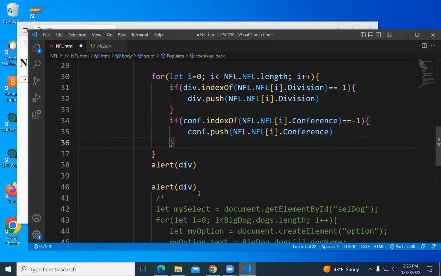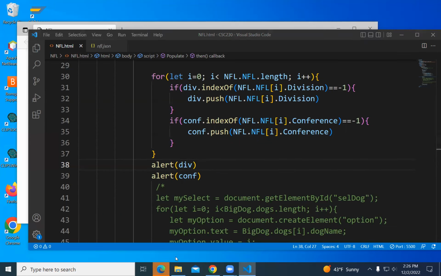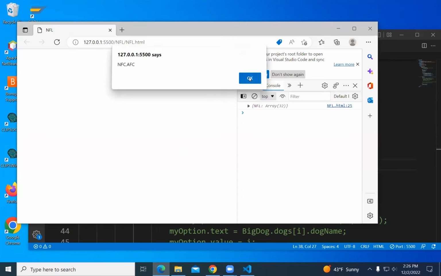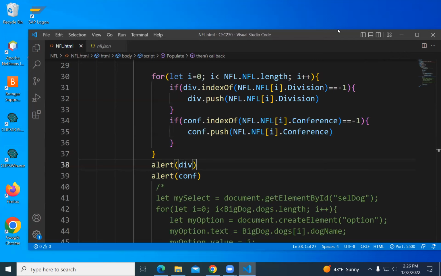Okay. So now let me alert the divisions and the conference and see. There's the divisions and there's the conference. So I'm not assuming that I know the divisions and the conferences. I have discovered them from the data. I've effectively done, for the database people, select distinct. I found the distinct divisions. I found the distinct conferences.